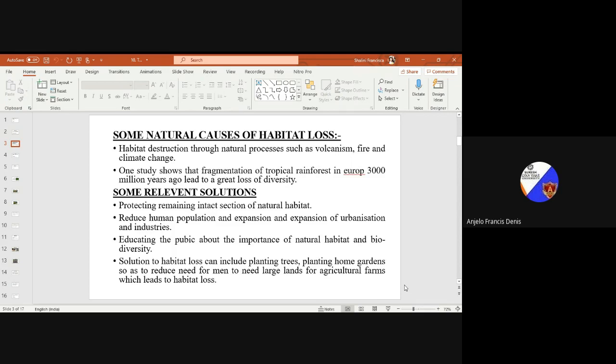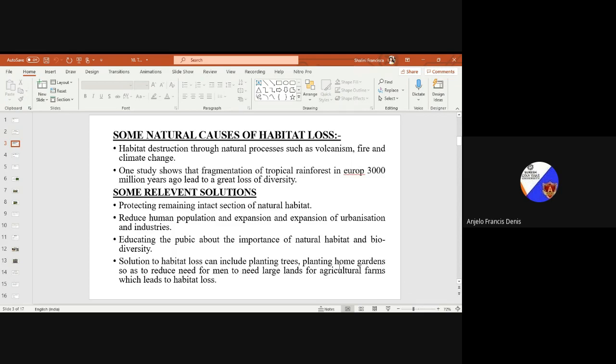One study shows that fragmentation of tropical rainforest in Europe 3,000 million years ago led to a great loss of diversity. Yet, there are some relevant solutions: protecting remaining intact sections of natural habitat, reducing human population and expansion of urbanization and industries,